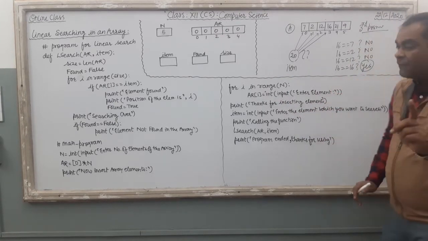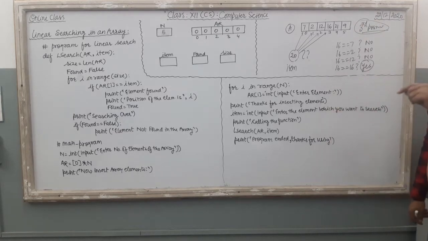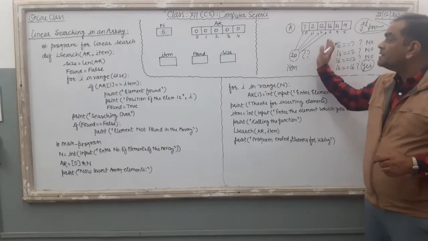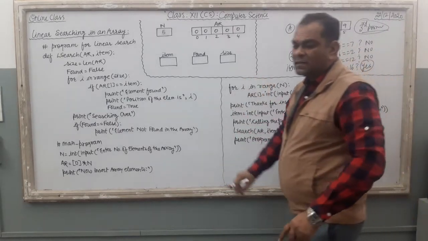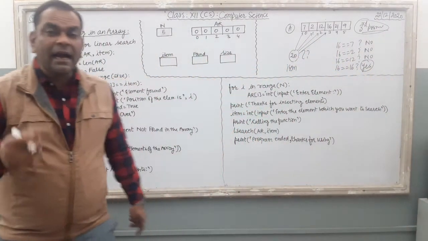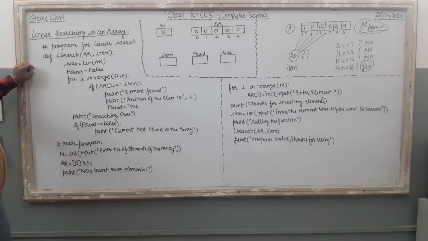Clear? If the element is found, you have to show the position of that element, that is, in which particular position the specific element is stored. Right? So this is the simple linear search technique, and I developed a program based on a function. Just see what is there in the program and how your computer is going to execute this linear search technique. Here, the first line is a comment.